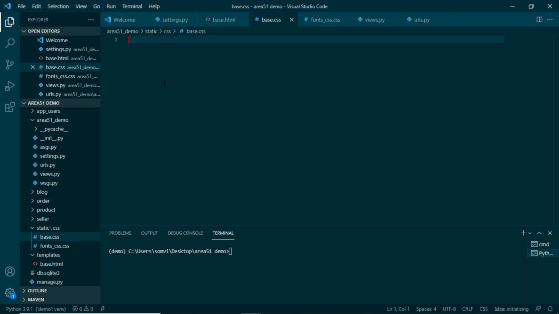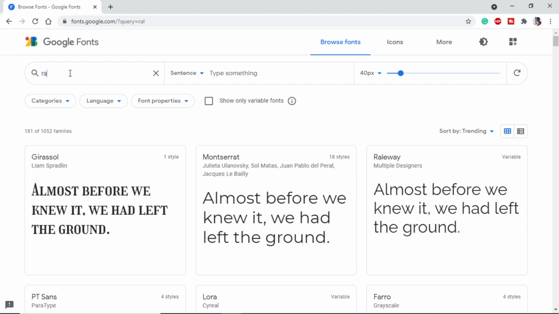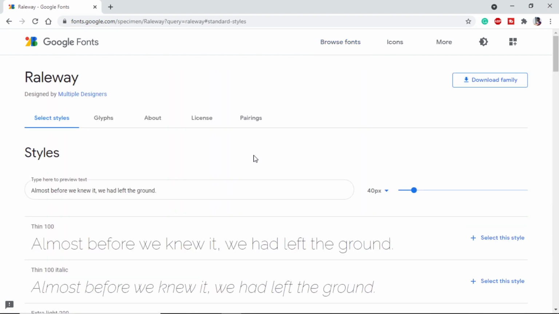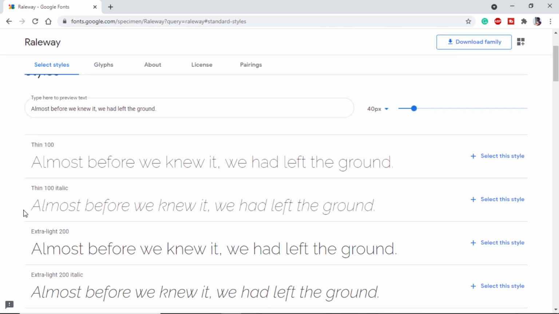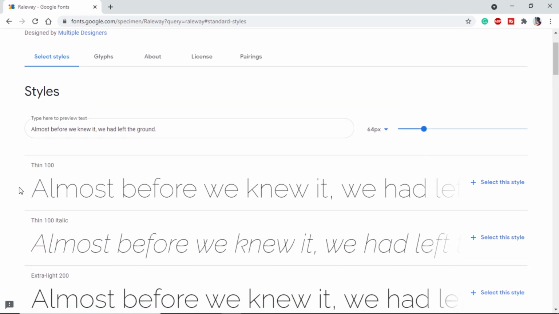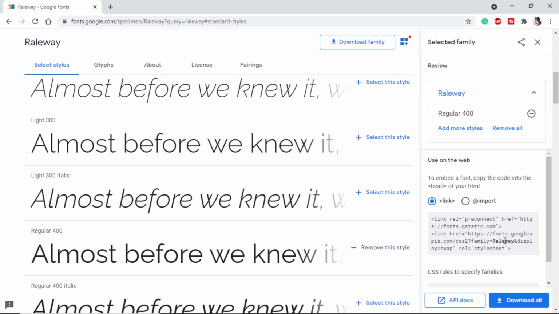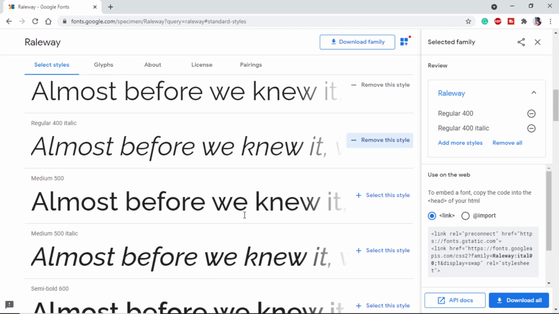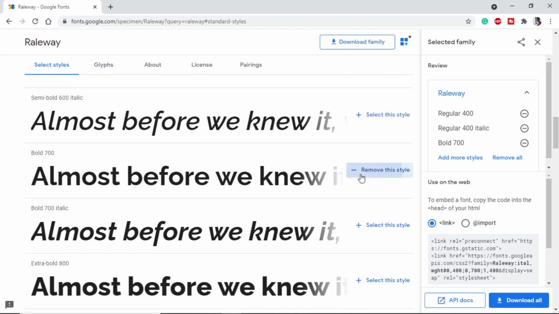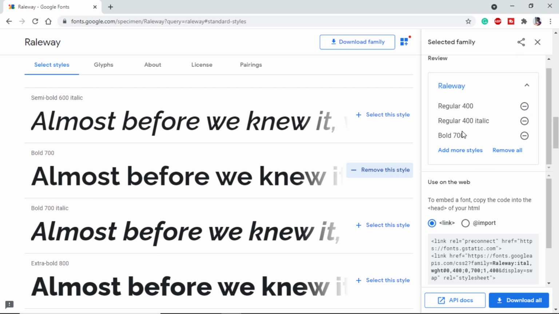So we will go to Google Fonts. Inside Google Fonts, we will search for railway, and here it is. On this page, we can see there are a lot of variables that are present for railway. Let it be thin, italic, extra light, etc. So I will select regular, italic and bold, and I can change the font size in my HTML. So here I will take regular 400, and here we can see we got a pop-up that will be very useful. So let's keep it here. Then I will take regular 400 italic, and then I will take bold 700. So we can see we have 400, 400 italic and bold.